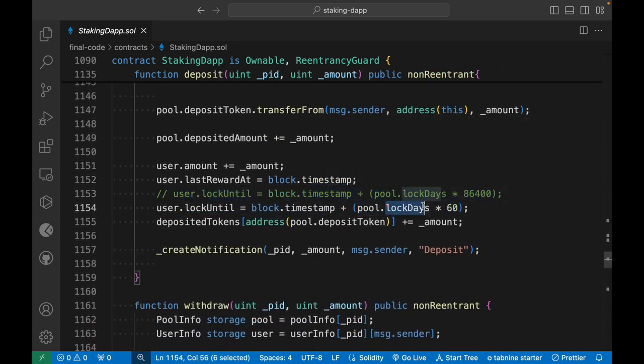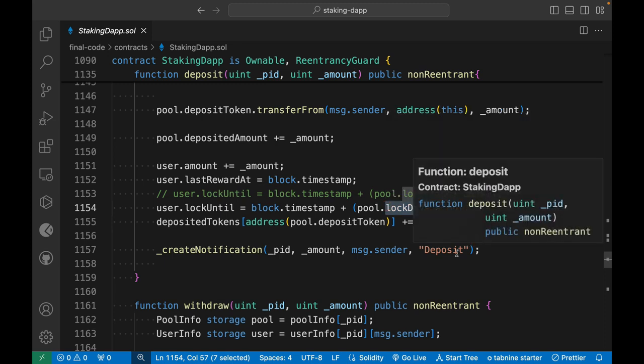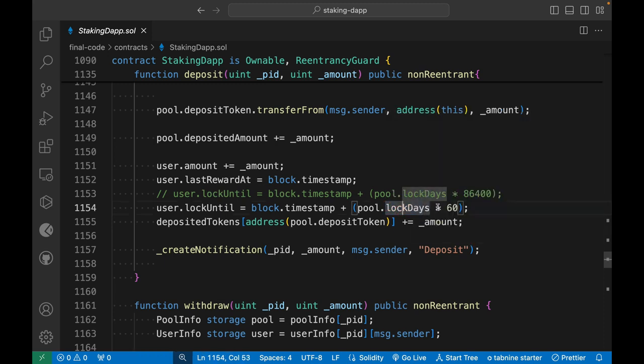So this lock data you will provide in the front end when you create a pool. If you give 1, and we multiply it with 60, it is going for 1 minute. After 1 minute, the user can withdraw the fund out of the contract. But that's not what we exactly follow in the industry, and I have already explained this extensively in the complete